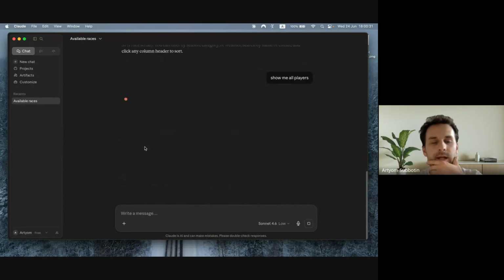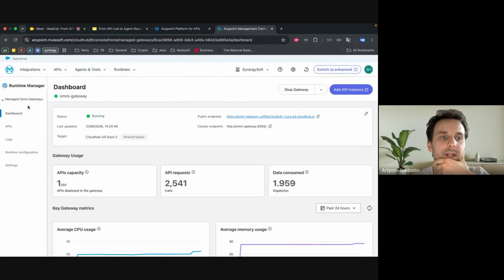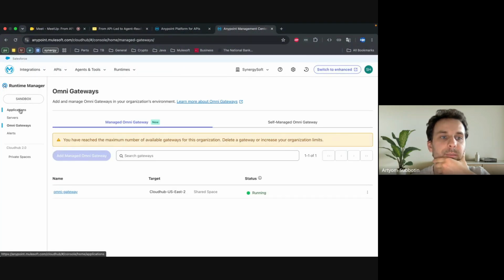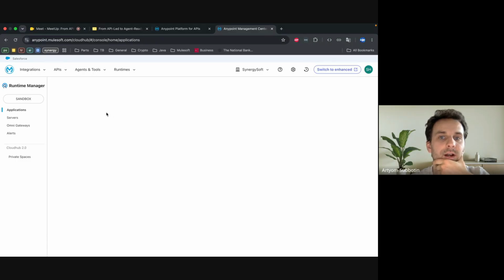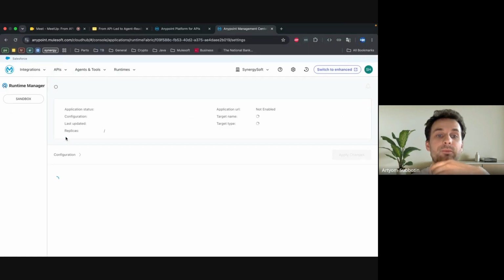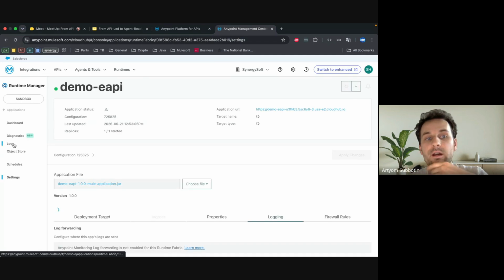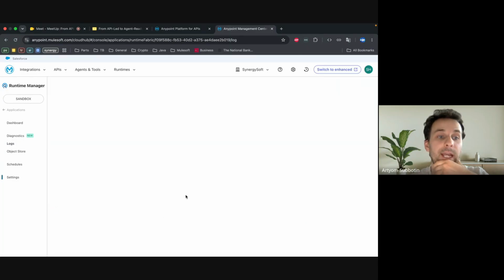Okay, and once this request is being executed, we can check what is happening directly in the Experience API, because the MCP bridge is on top of the Experience API, not the MCP API.